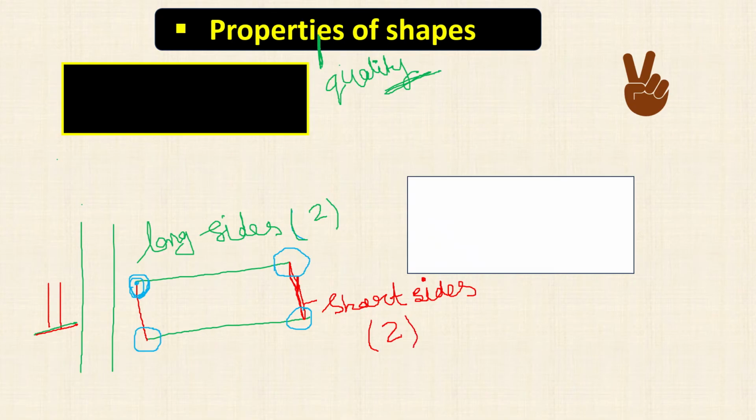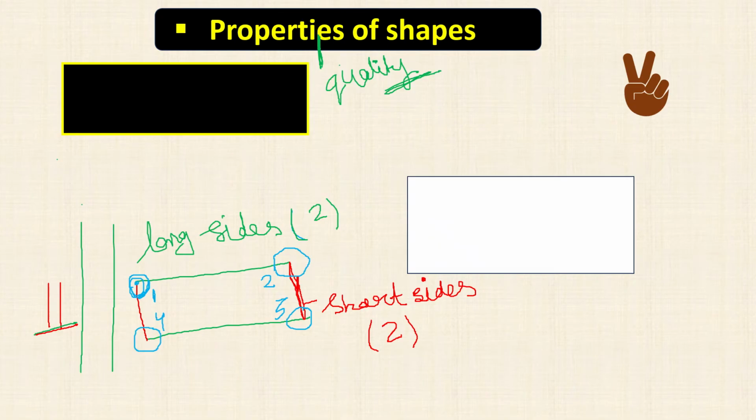Clear? Very good. And how many corners are here? The first point is attached here, so first corner. The second stick is attached here, so second. The third, and the fourth stick is attached here, the fourth one. Clear? So when we attach four sticks, two red and two green,